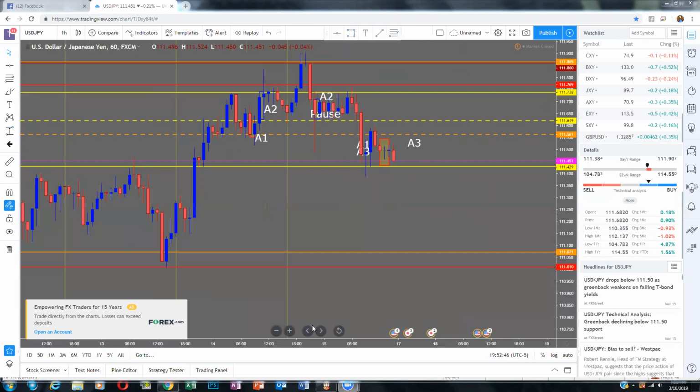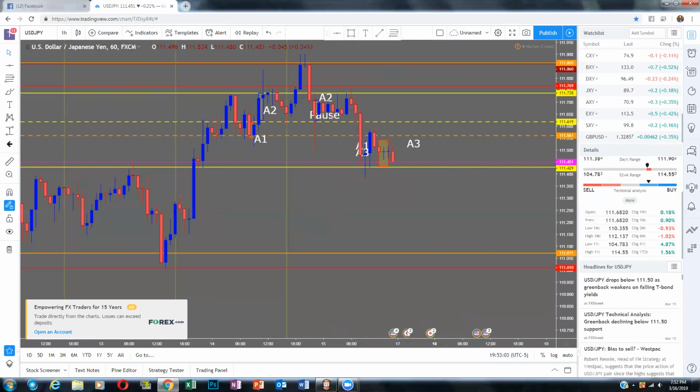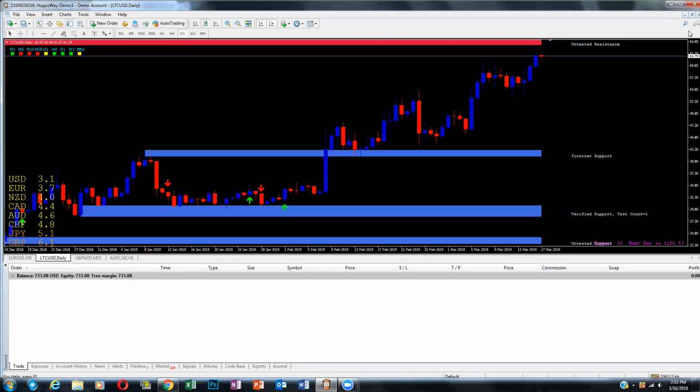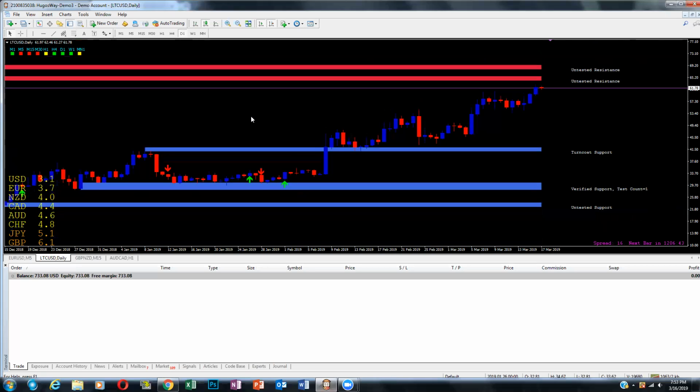All right. So this is pretty much how marking up your chart for a beginner is. Well, kind of beginner and advanced when it comes to channels, but this is the basics that you would need to be able to mark your support and resistance. For you new people, if you are unable to figure out support and resistance right away, practice it. There are indicators for your live charts. I set this up right before we got started, but these red and blue lines, that's an indicator that you can download and place on your chart, and it will mark your high and your low for you, your support